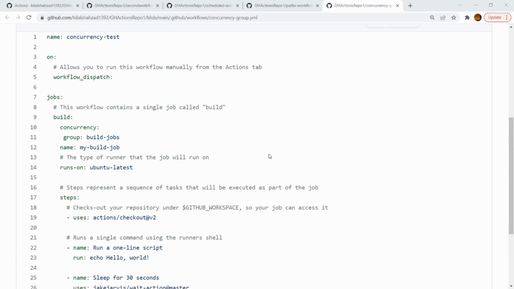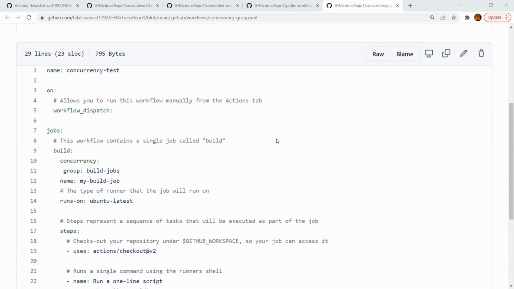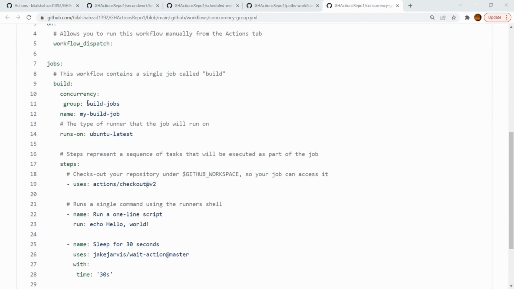Sure. Okay, so in the concurrency demo, we can see that we have an option where for a job we provide this concurrency setting and we give it a name, or we provide a group name here. So now any job,